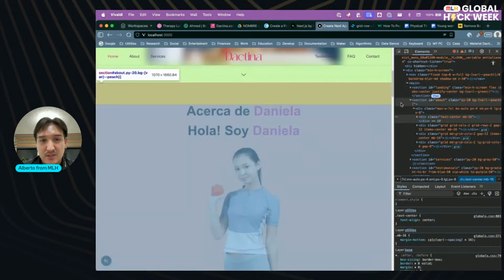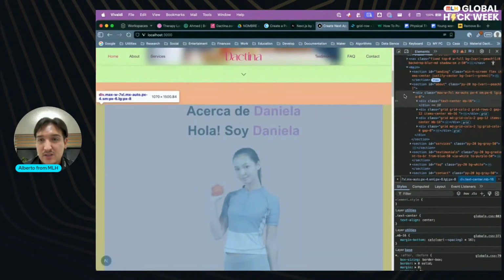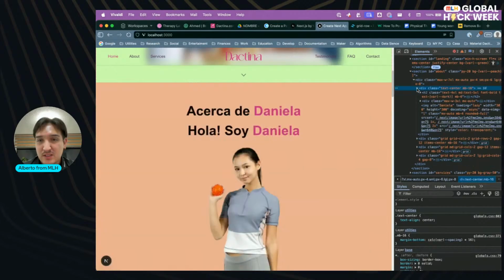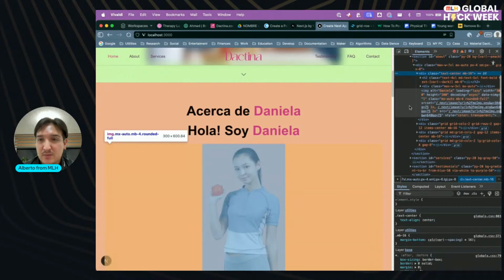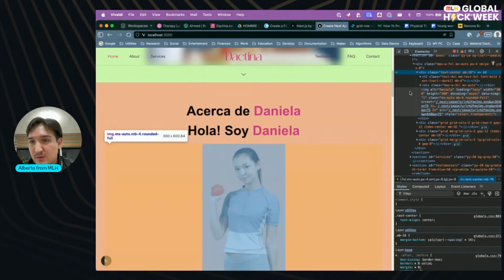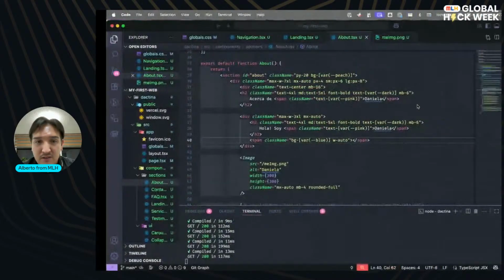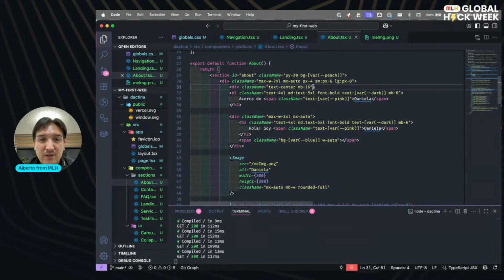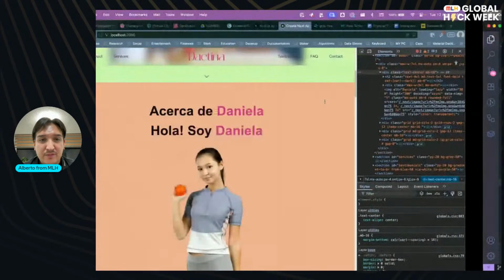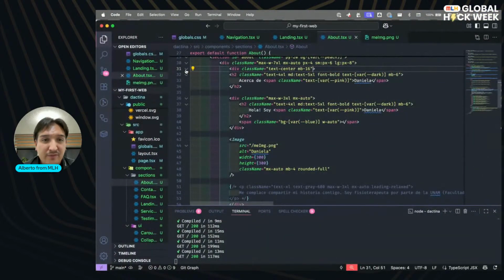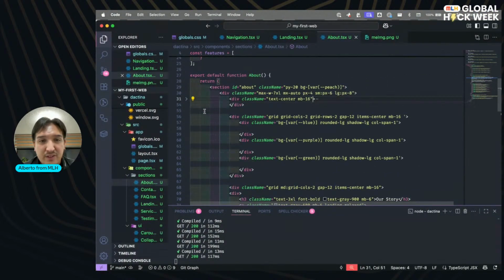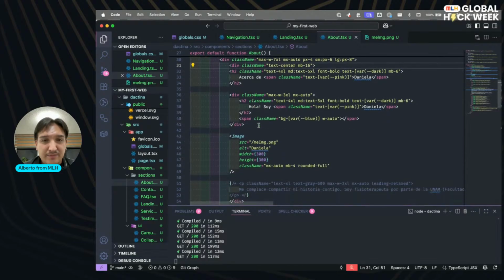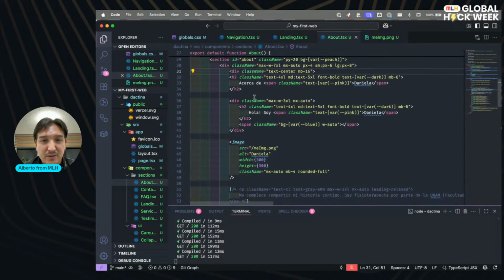Main section and section. This section includes this. We have the H2 about Daniela, the image. What happened with this pen? Okay, I see. This is all inside another form here.